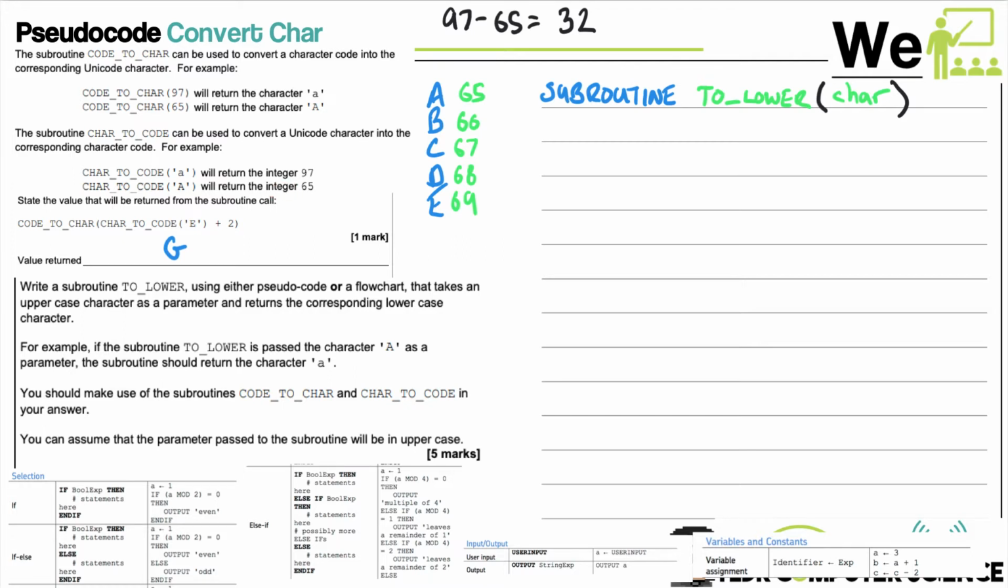So you take in char, you'd run char to code of it. You get the number, 65 in this case. Then you'd add 32 to 65 to make 97. And then you go code to char 97, return it. So in here, first of all, we're going to run the first one, which was char to code. So we're going to call char